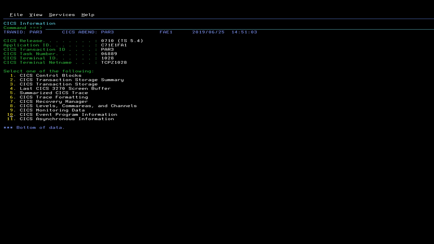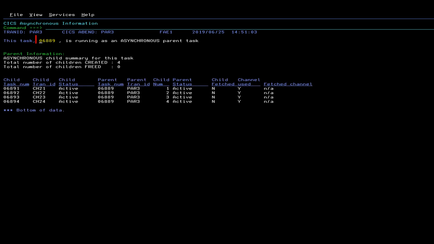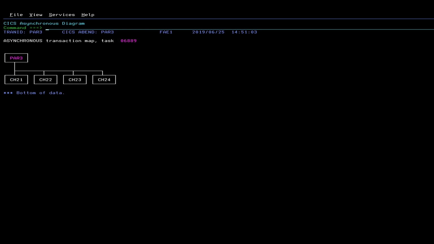For transactions that include asynchronous tasks, the Asynchronous Information Panel reports the parent-child relationships between each. A graphical map of the relationships between tasks can be displayed by selecting the task number. In this example, the parent task has 4 asynchronous child tasks. For applications with multiple levels of asynchronously called tasks, the relationships between each generation can be investigated by selecting the